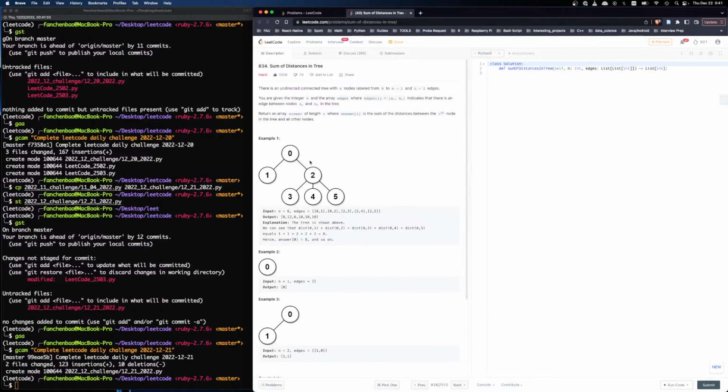So 2 is the most central one. Okay, the result will be 6. Okay, so 2 will be 6. And then once the 2 is done, right? Once the 2 is done, we go look for 3. Now 3 will have, well, because it'll go to 2, right? Because with 3, whatever it has, it goes to 2, and then,